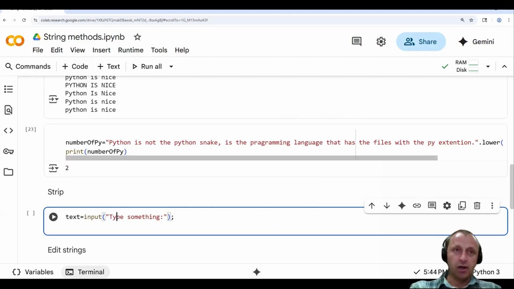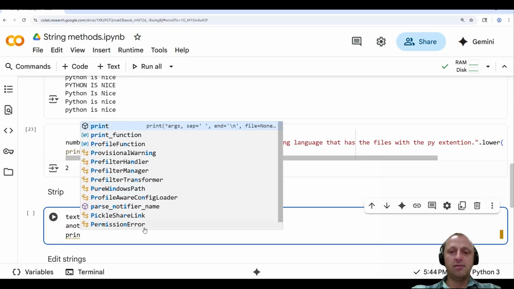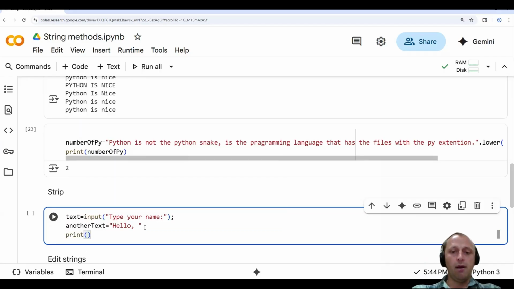Let's put here "type". Okay, I want to use another text equal with "hello " with a space, and I want to concatenate with what the user types. I will put here "your name". Okay, and in the end I want to print another text